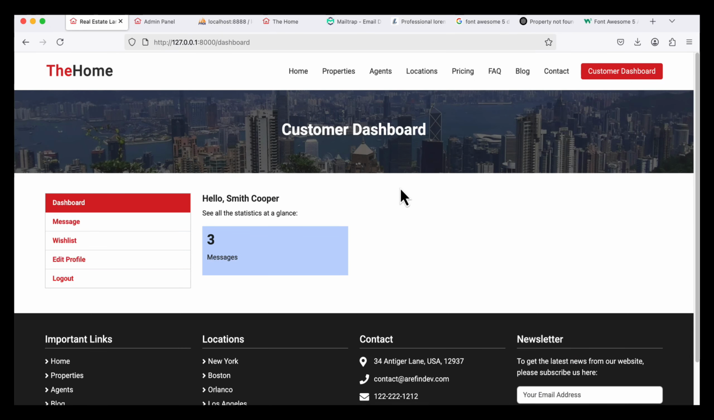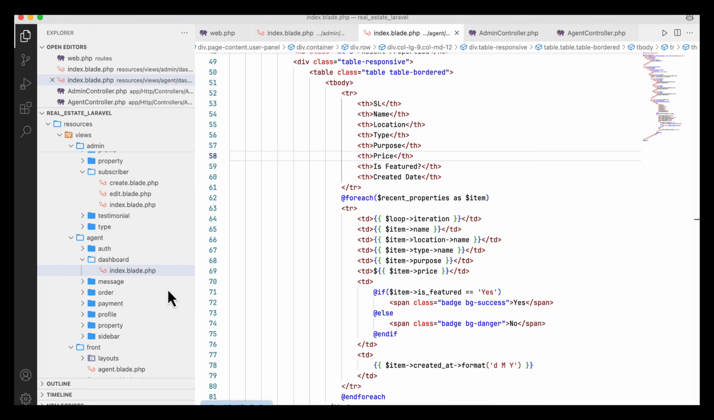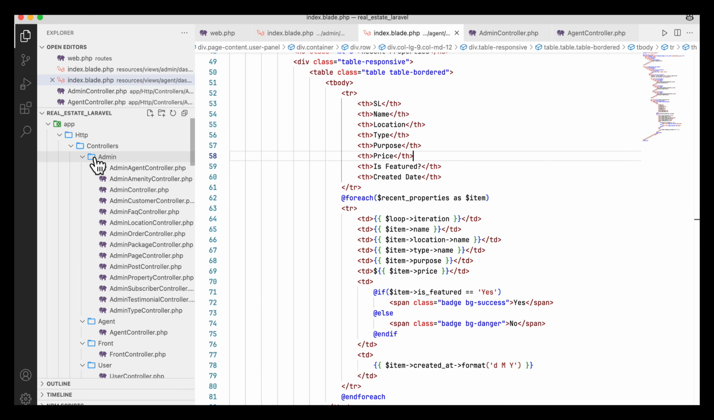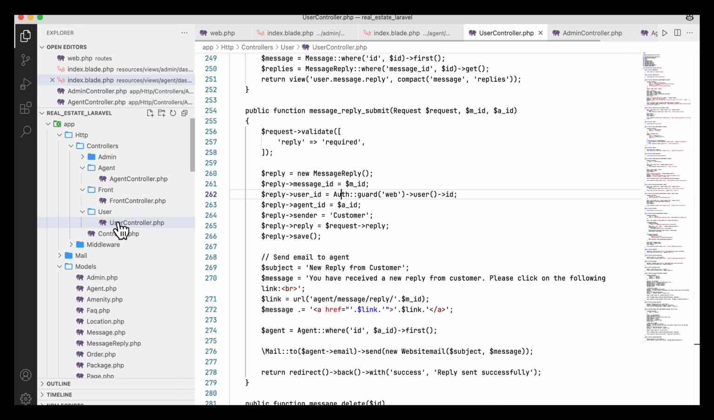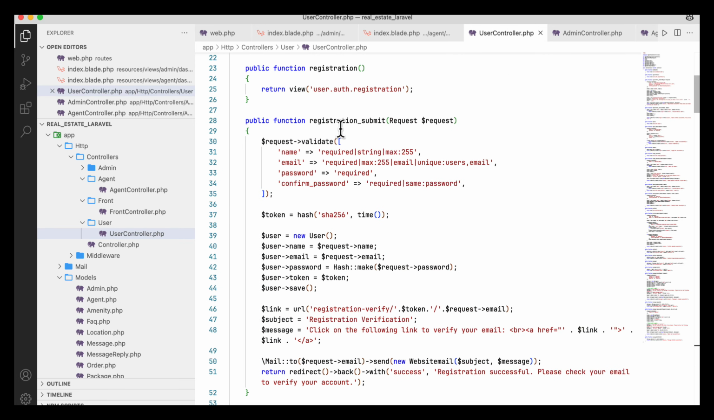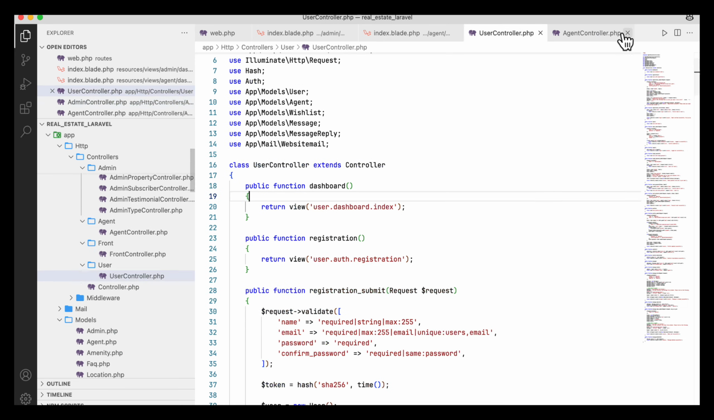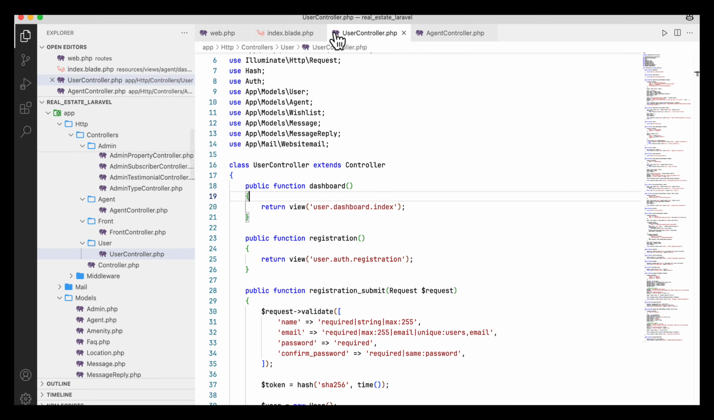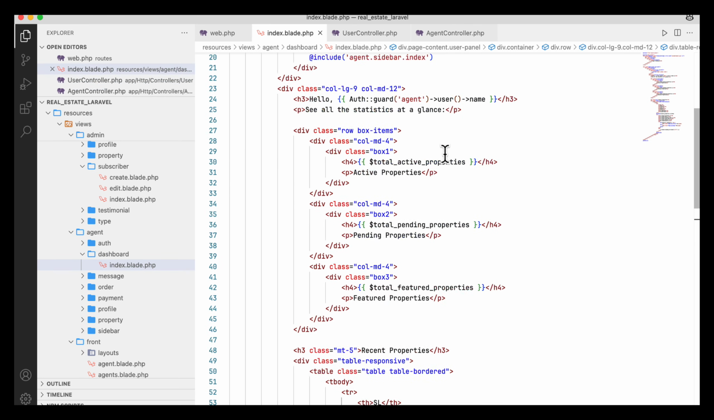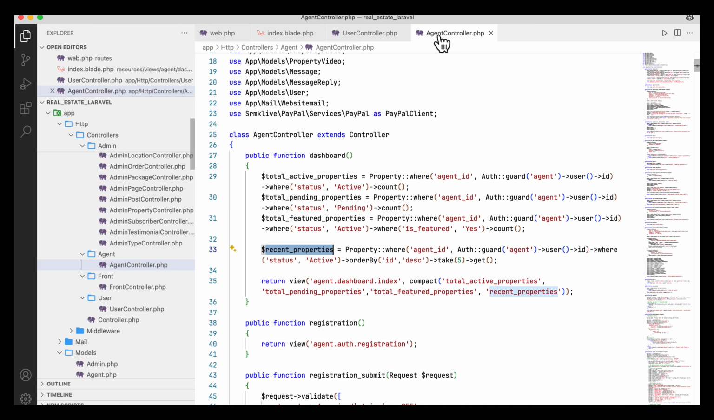Now I am going to work with the customer dashboard, and I logged in as the customer, you see here. So now I am going to open the customer section, that means user controller, and there is a dashboard. User dashboard means customer dashboard here, and I am going to close it, and the admin section, close it. Okay, and in the dashboard what can I see, a user can only see how many messages he sent to the